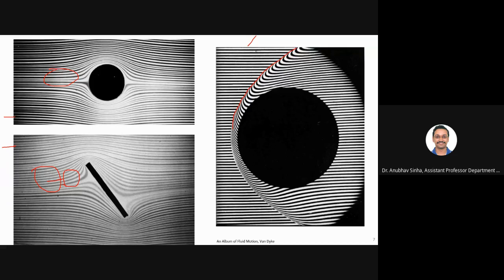This is what we saw in the schematic, that fluids start to diverge here, but that is not happening. Fluid is coming as if it has no information. Fluid comes to the shock and then it suddenly begins to diverge. Let me first look at some examples, then we'll explain.